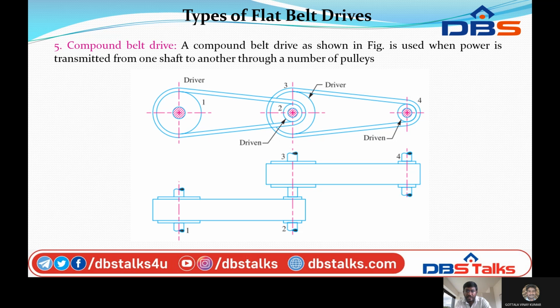The larger one is the driver pulley and the small one is the driven pulley. The driven pulley will be attached to the driver pulley and driven pulley. So these are the four pulleys: driver, driven, driver, driven. In this arrangement, you can place the driver and driven pulleys in the same angle of contact, so this will rotate in the same direction. The bottom pipe is the tight side and the top is the slack side.